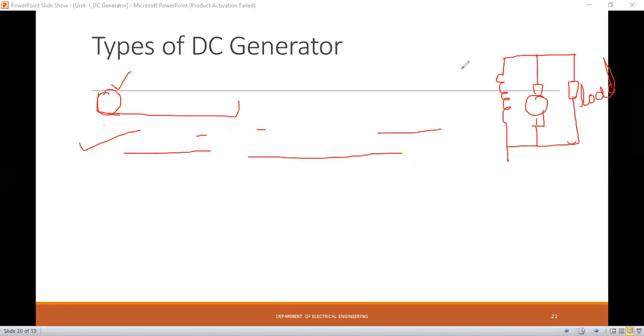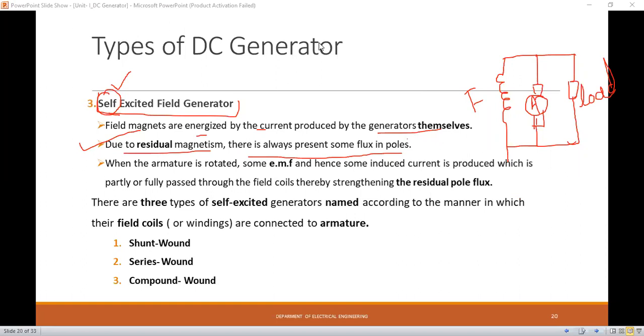Okay, see, here it is. This one is the field winding. This one is the armature of the DC machine. This one is the field winding of the DC machine. DC machine ची field winding आहे. See here, there is no external DC source used. याच्यामध्ये field winding च्या excitation साठी DC source use केलेला आहे का? Whether the DC source can be used or not. No, sir. No external source is used. Okay, so there is no external source used.